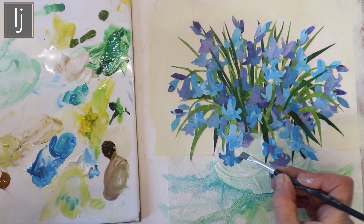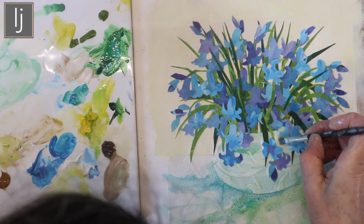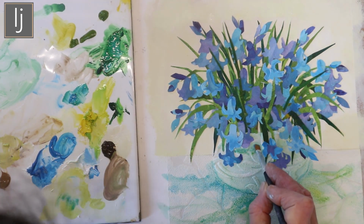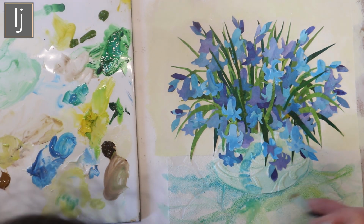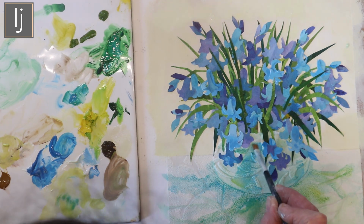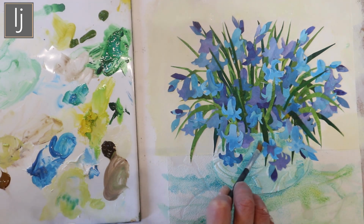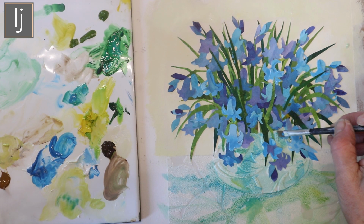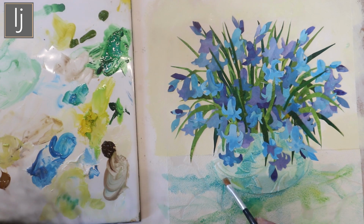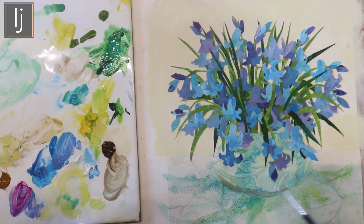This is the shadowing of the rim of the pot, so the pot bends slightly inwards there, so there's a bit of darkness there, and it's really good again because the colours don't move of the bluebells. They're acrylic, and you can wipe them off if you get them on there if you need to, but it doesn't even seem to affect it very much. You're just adding in darks between them. I put the curve there to reflect the curve of the pot, so it gives the pot shape and dimension. A lovely bit of brown there to set off the bottom, to really give the base a place to sit,